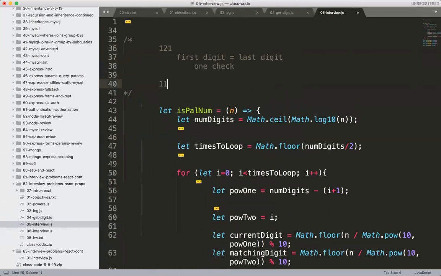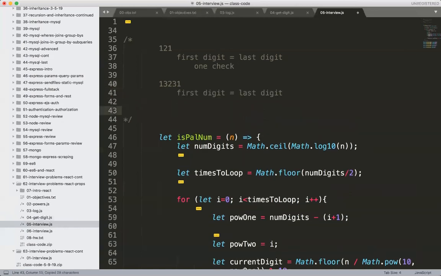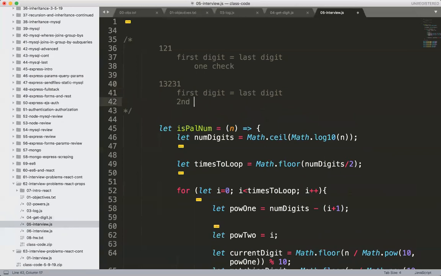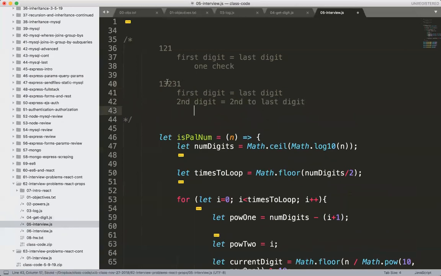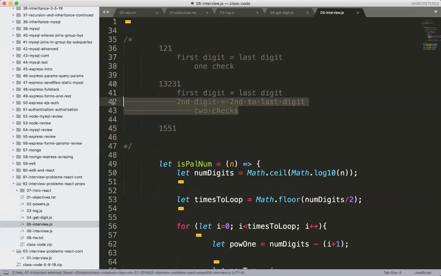But let's go 1, 1, 2, 1, 1. Or let's try a different number. 3, 3, right? So over here, we have to check if the first digit is equal to the last digit, and we have to check if the second digit is equal to the second to last digit. And that's it. We don't have to check the middle. We don't have to check that middle 2, right? Because it's just there. And so we're doing 2 checks. And if I do 1, 5, 5, 1, it's the same deal. We're just doing 2 checks,